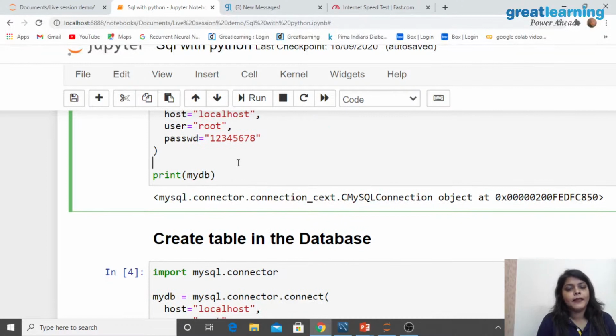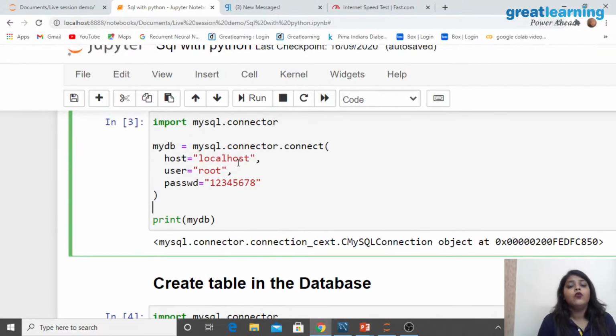Okay. Right. What we need to, we have to go for mysql.connector.connect, right? How to do that? So